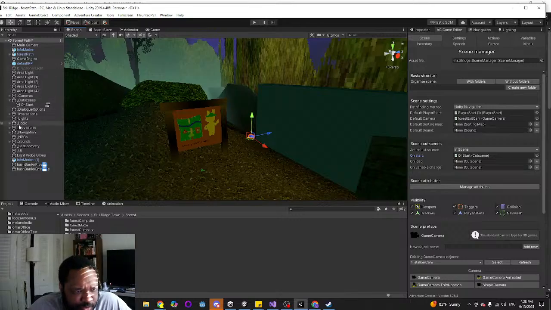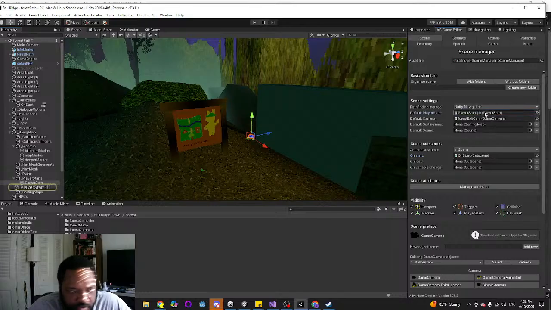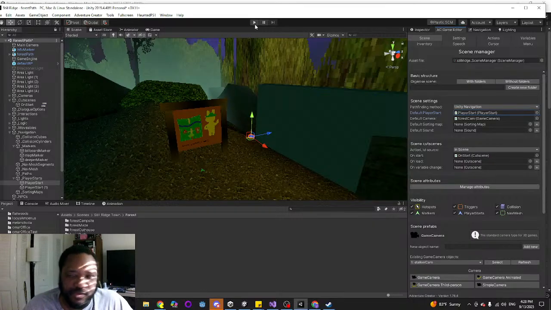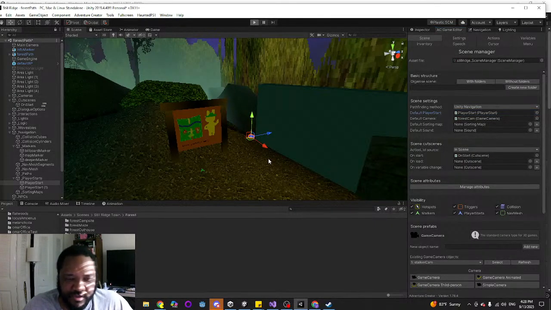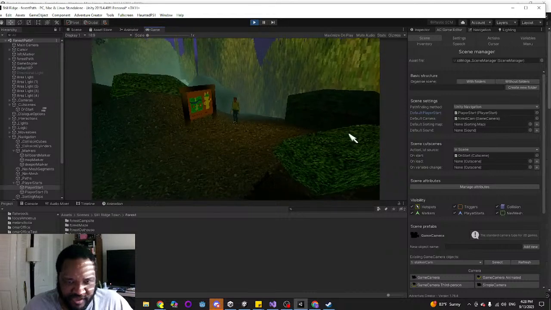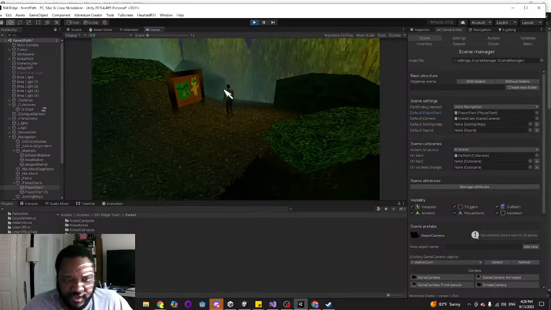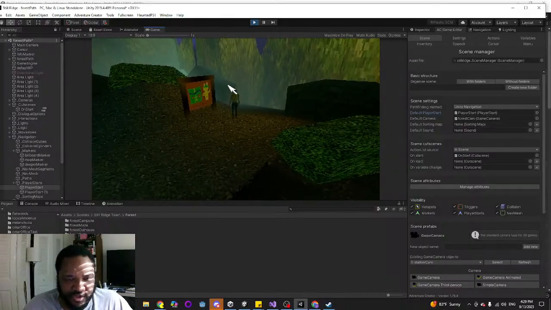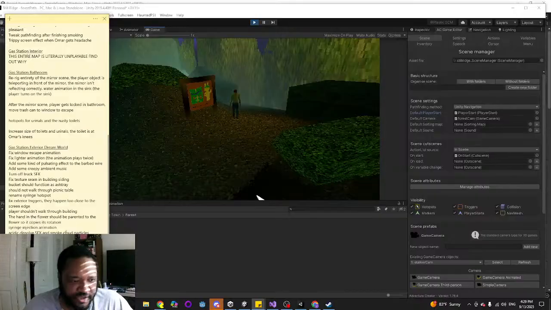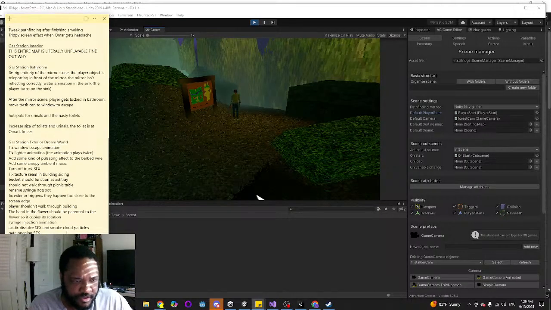Oh yes, this one is all based on the player starts. So I want the first player start. After you leave the bathroom and you come out into this forest path, I want those thorny barbed wire to spring out blocking your path back. So thorny barbed wire should block path back.